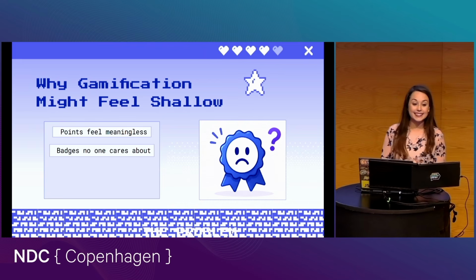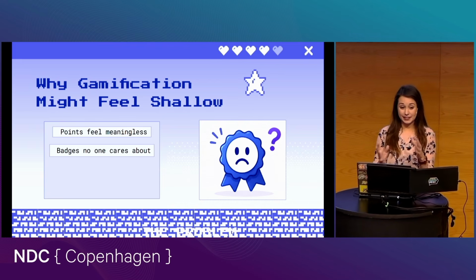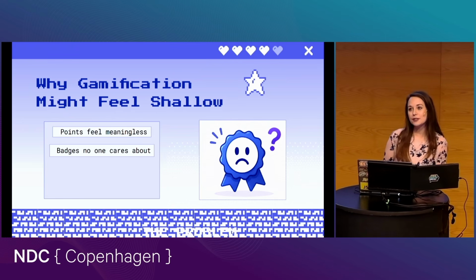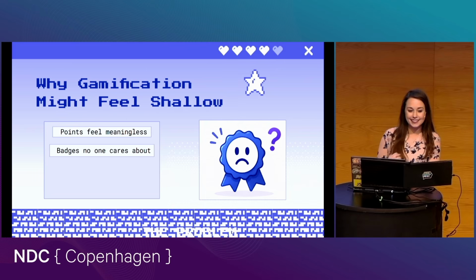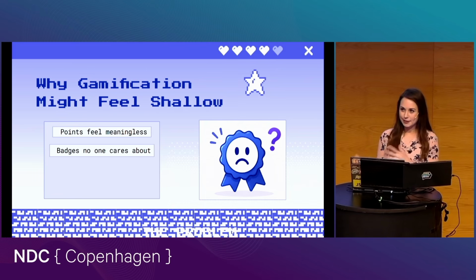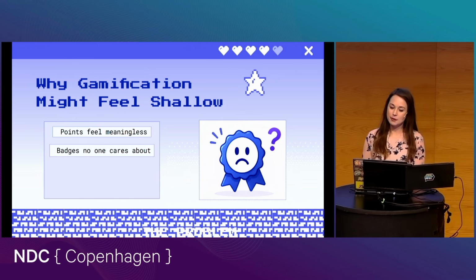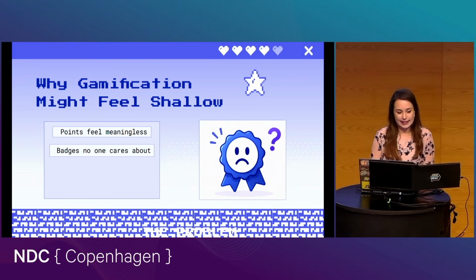All right, the next is badges that feel disconnected and aren't really anything meaningful, right? Maybe you get a badge for just getting started in an app or just showing up, for some kind of tiny action. Really the app is trying to make you feel like it's a meaningful moment, but it doesn't really mean anything.